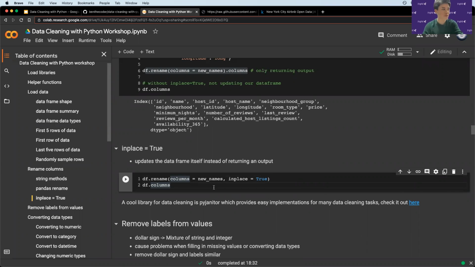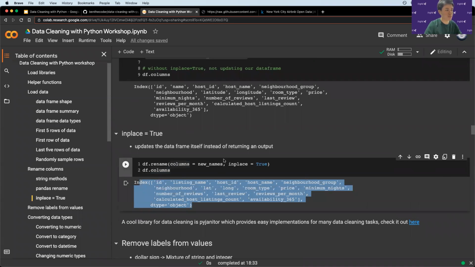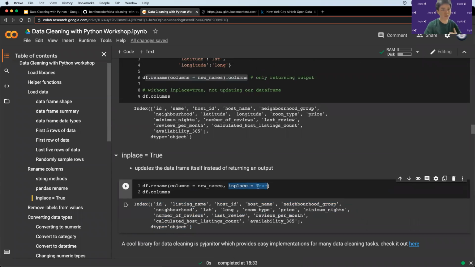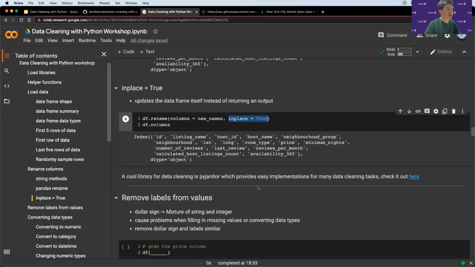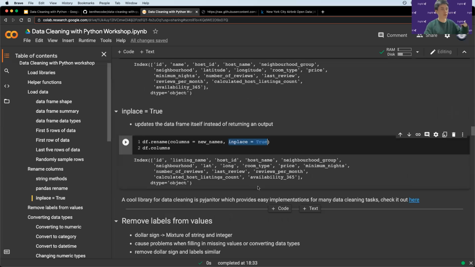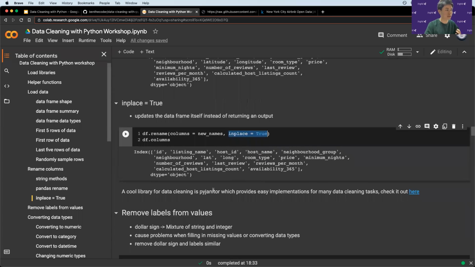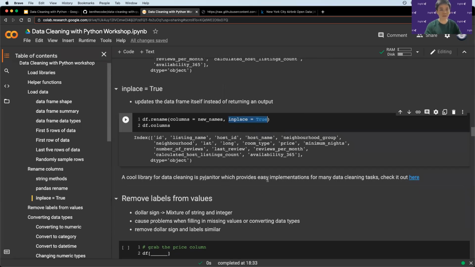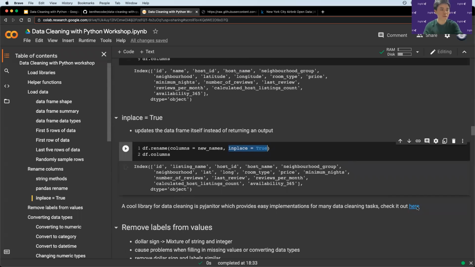So I'll just move on. Right now you can see that the data frame columns have been updated by using the inplace equals true command. All these are some ways that you can work with the column names in Pandas, and there's actually a very cool library called PyJanitor that can do all this above in just one function, which I'll show you. So in the documentation,